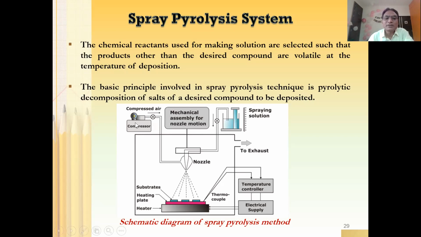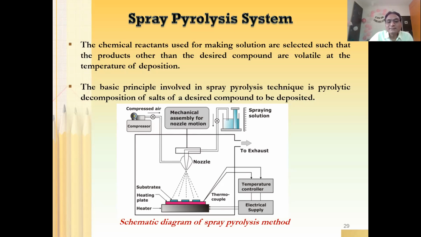And then you have a compressor here, also a gas regulator. Why do we need a compressor? Because the solution has to be brought up to the nozzle, and it will not go easily on its own. This compressor is going to be responsible for creating vacuum. Whenever you have a vacuum at the other end, it's like sucking from one end, right? So automatically the solution is going to move in the direction of the nozzle spray.